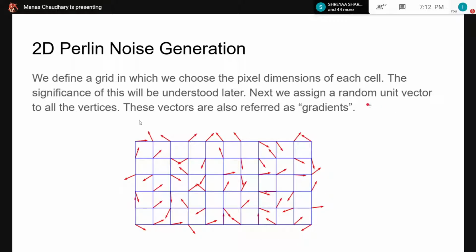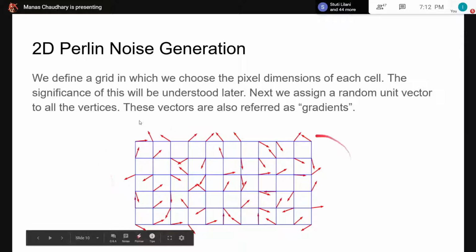Okay, so next we'll go into some mathematics on how 2D Perlin noise generation works. Understanding this helps us build upon our own algorithms that we can use to generate various things. The prerequisite is just knowing some basic vector math that I guess we all studied. So first of all, we take a texture. Let's say our texture is 256 x 256 in size. We'll be saving our noise in that, and we'll define a grid over it.